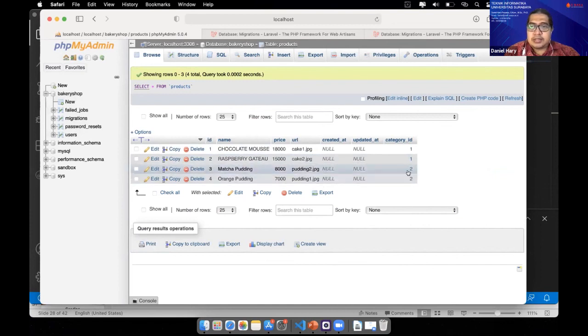The pudding has category ID 2. Perfect. Okay, I think it's perfect for creating product and category and their relation.